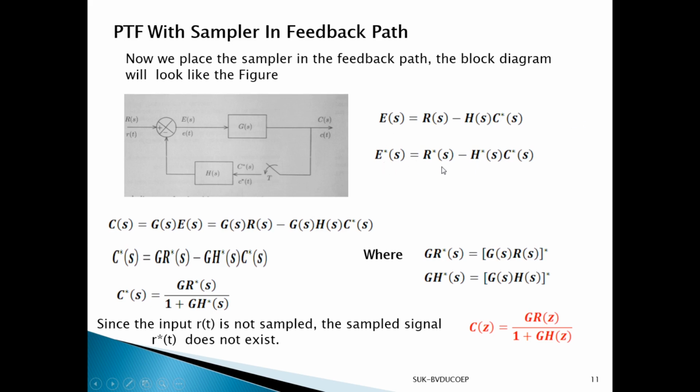So E star S is R star S minus S star S into C star S, because there is a sampler here. So C S is equal to, now I will go to C S is equal to G S into E S. Earlier it was G S into E star S. Now here it is G S into E S. So E S I will put R S minus H S C star S, this E S value I will put it here. And then C star S is equal to G R, C star S is equal to